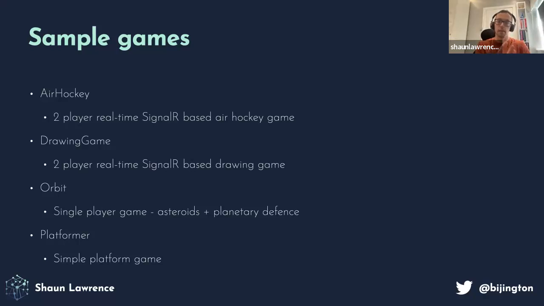And that is a bit of a crossover between Asteroids and planetary defense. And then there's also Platformer, which is this simple platform game that we've discussed. There's two others in there as well, which actually were from previous talks, and they are games rendering the slides themselves as well. So you can look into that as well.